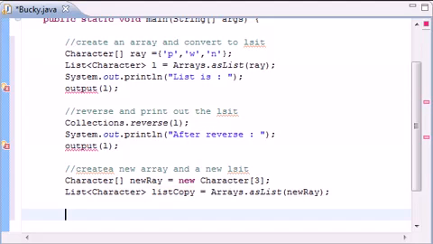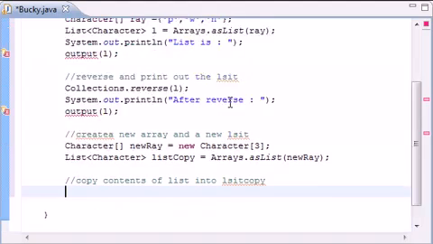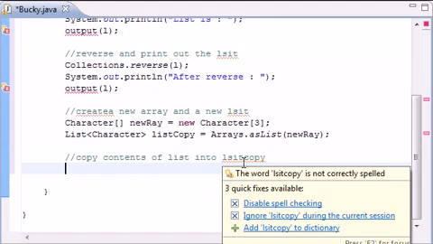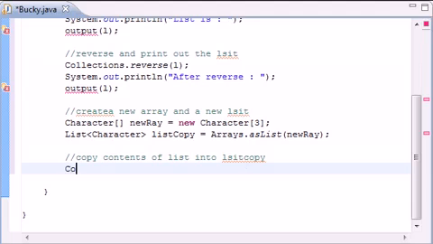So now what we want to do is copy the contents of list into list copy. Easy enough. So let's add a comment: copy contents of list into list copy. And make sure you spell that wrong because it looks cool. And what you can do from here is